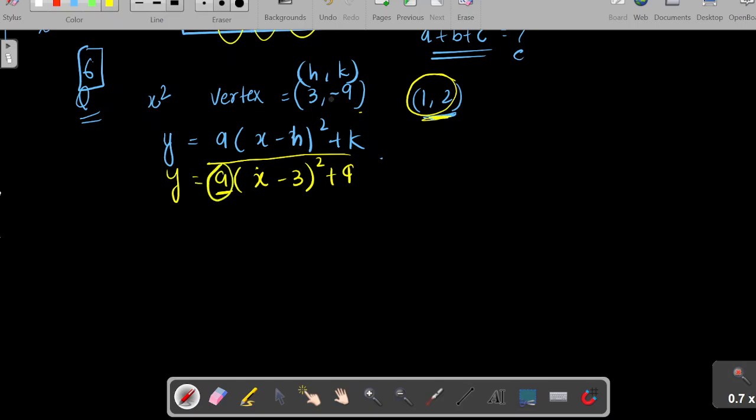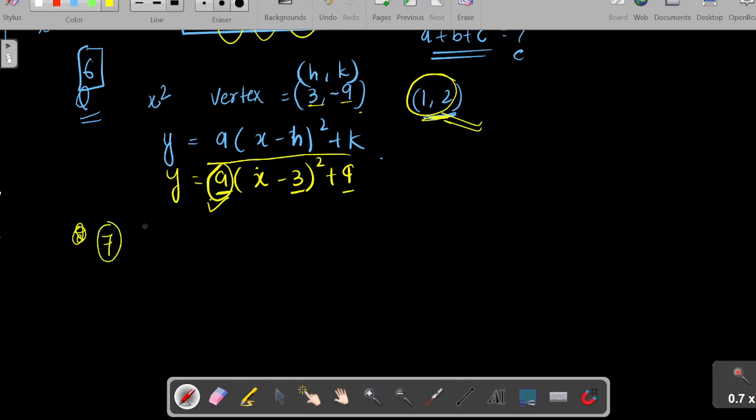If I know the vertex, that means I already know the two values. I know the value of h, I know the value of k. I only need the value of a. So there's only a, that one unknown. That means I only need 1 point. Okay. So still I can use regression in this case, but this is a vertex form. Then you can use